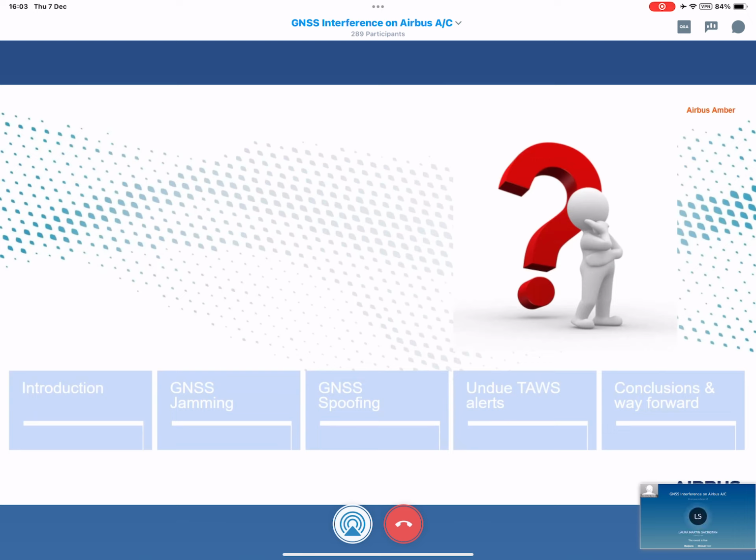The next question is undue TAWS alert. Regarding the undue TAWS alert, do we have to expect inverse effects where real alerts are not generated because of erroneous GNSS position data? So I can maybe take this one. If there is an erroneous lateral or vertical position, we could not exclude this.